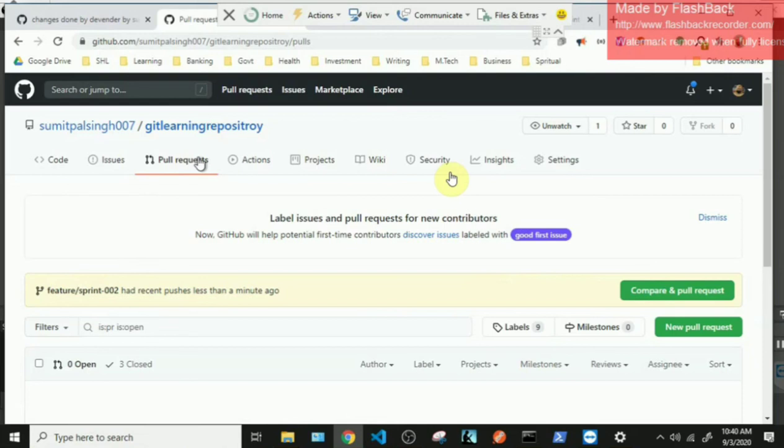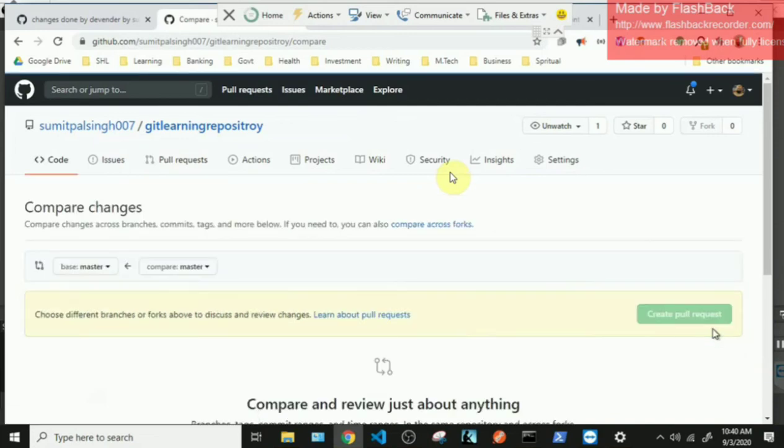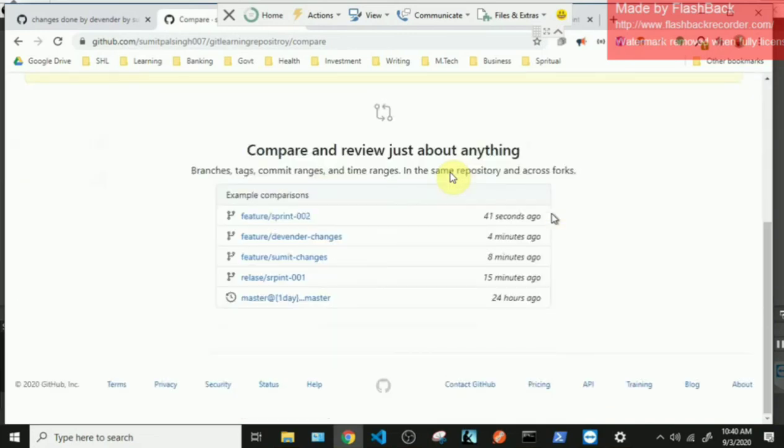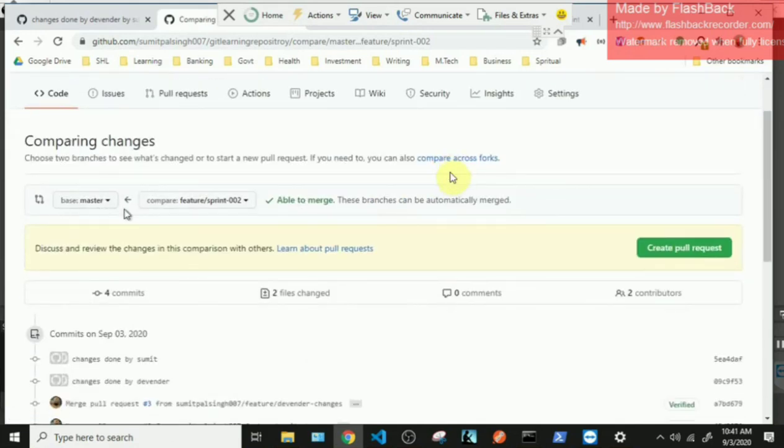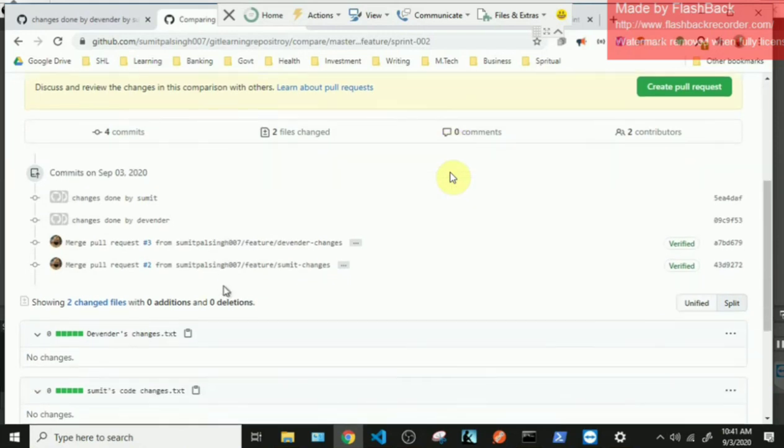So now I'll create a new pull request. I will click on new pull request, and I will select our sprint branch as source, and the target will be master branch. Now you can see that this branch contains changes done by Sumit as well, and it contains changes done by Devinder as well.